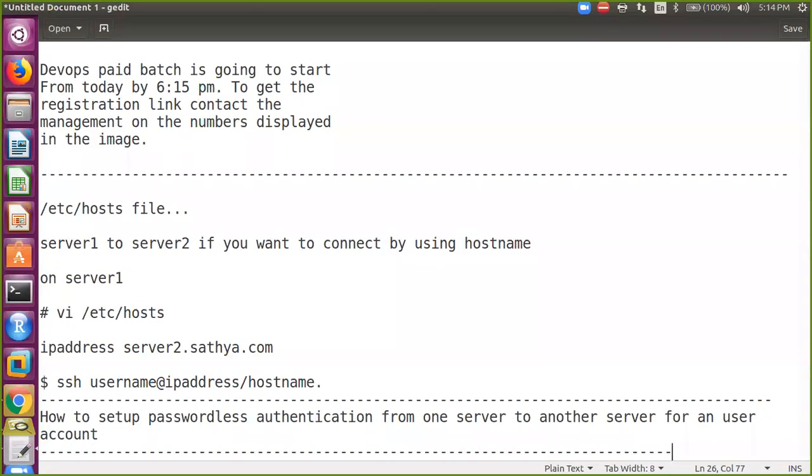That means now we are setting up a passwordless authentication for one user, from one server to the other server.